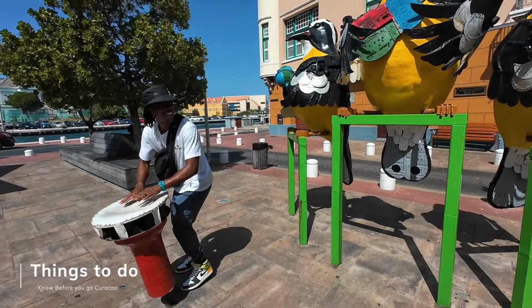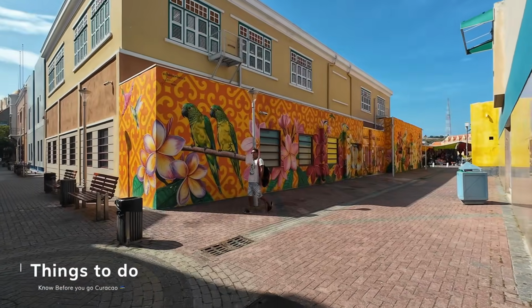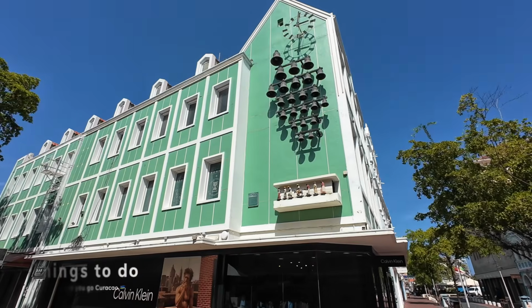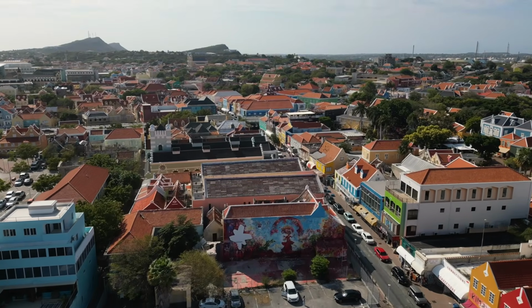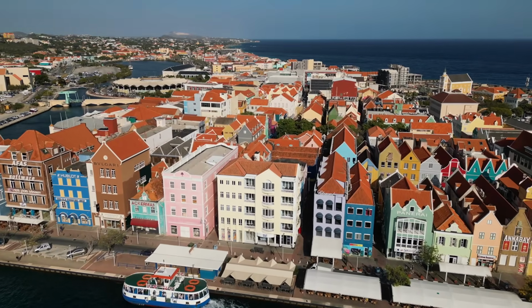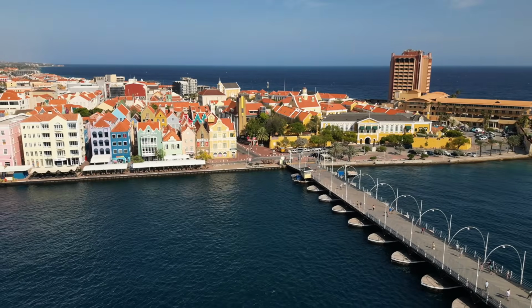And there's also tons of culture and lots of colorful streets and art and everything to see in Willemstad. So definitely don't just check out the beaches, also check out the city side as well. Which includes the districts of Punda and Otrabanda, which are actually connected by the floating bridge, which is the Queen Emma Bridge. And we also included over 30 of the top things to do in Curaçao, as well as over 10 top dining options in Curaçao, included in our Explore Curaçao travel guide, so you don't want to